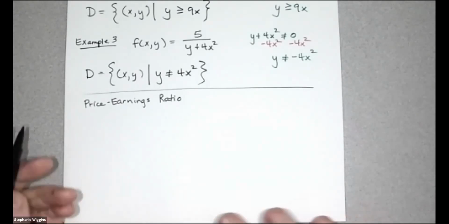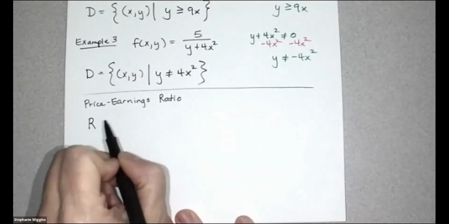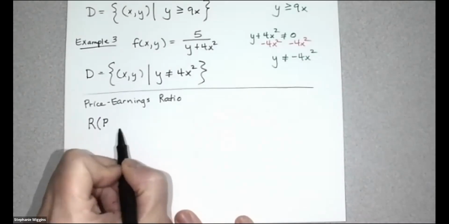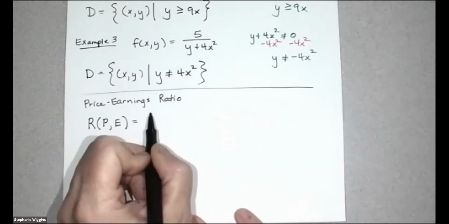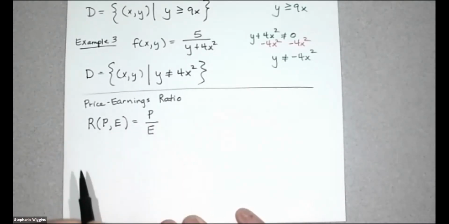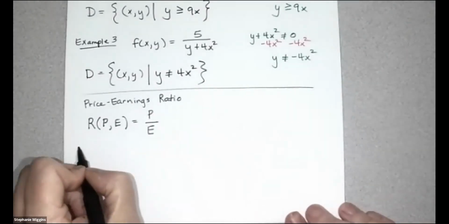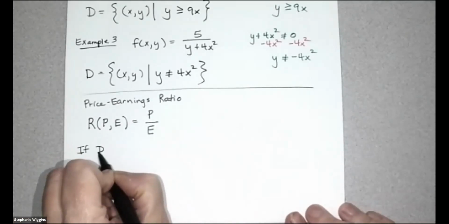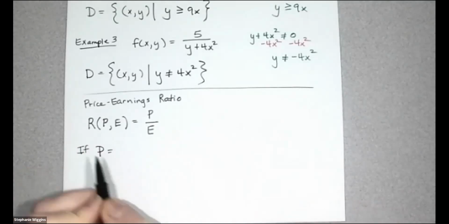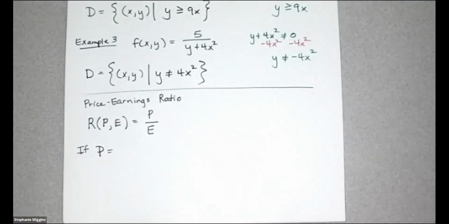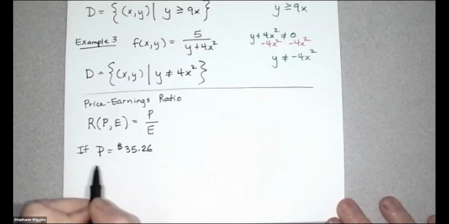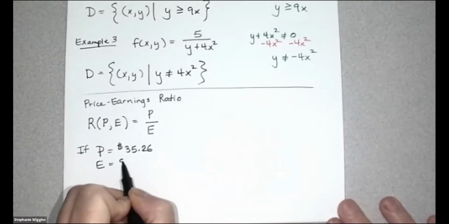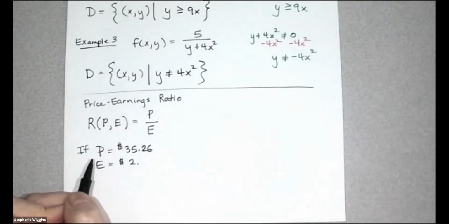So you have a ratio, and we use R as the variable, and it depends on the price per share, and it also depends on the earnings per share. And you just take the price and divide by the earnings, and that's the price-earnings ratio. Okay, so for example, if P is $35.26, that's the price per share. And if your E, which is the earnings per share, is $2.18,